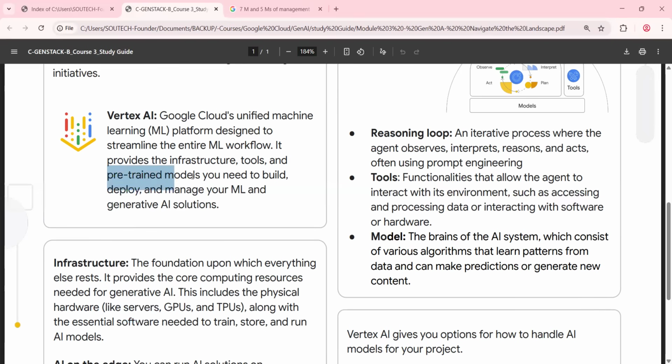Anytime you see pre-trained model, it means you are not going to be involved in trying to collect data, see if there are patterns and relationships in that data, and use that data to do forecasts. You already have models that are pre-trained, like the models you have in Gemini, ChatGPT, Claude, Grok, all of these tools. Those models are already pre-trained. They are meant to be able to deploy something.